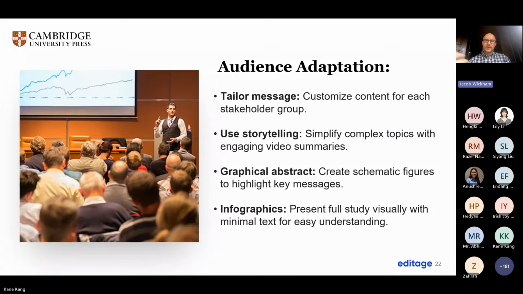And I mentioned you don't want to use lots of jargon. You want to adjust your messaging about communicating your research results for different stakeholders. So if the topic is very complex, then storytelling can help you a lot. Telling a story may facilitate more effective communication, and one way to do this is a video summary. I've seen some really excellent video summaries from publishers. And you also want to choose a journal that uses these enhanced content formats like video summaries or graphical abstracts.